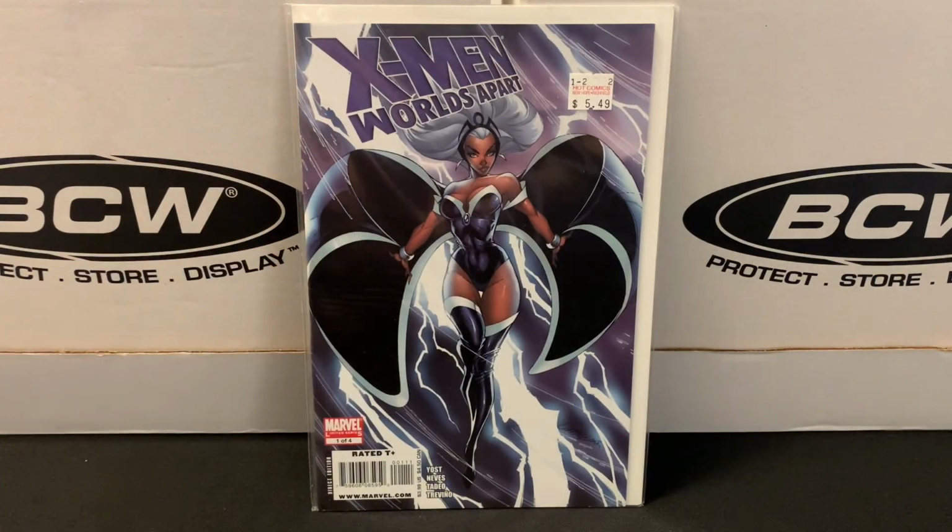This was a fun find. X-Men Worlds Apart is a 4-part limited series that I never knew about until this year. I found part 3, I believe, at a sale earlier this year. And my tendency with the X-Men is if I find a limited series that I haven't heard of or seen before, I'm probably going to pick it up when it's a 25-cent book, just because I love the X-Men so